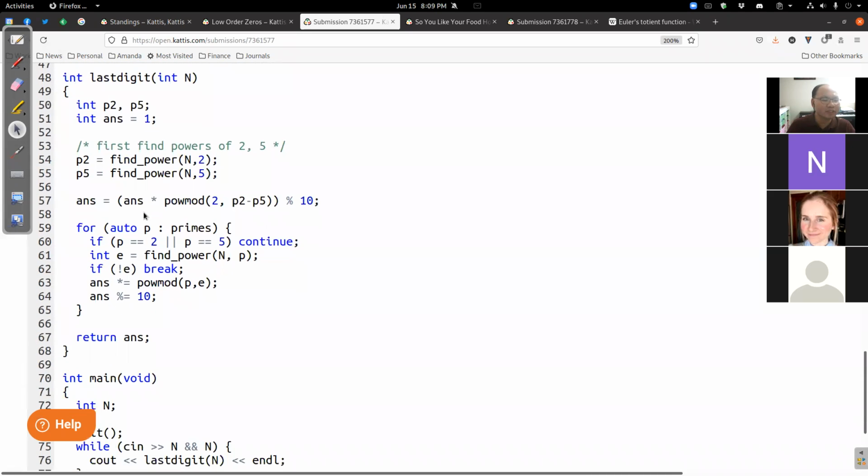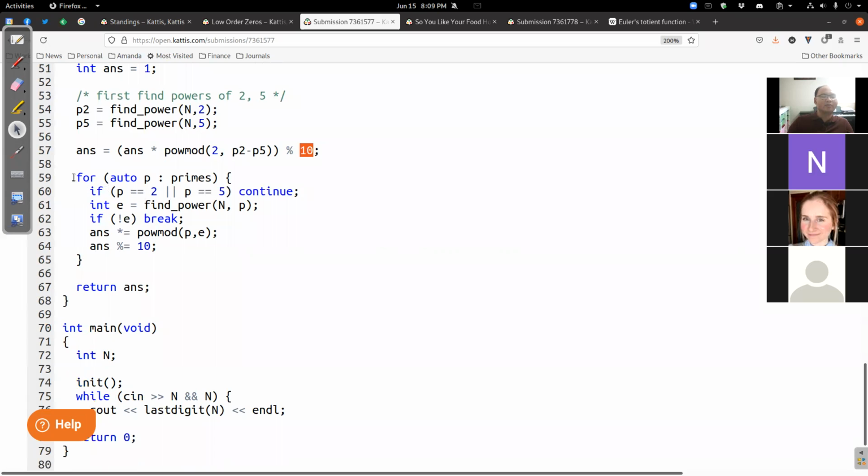So what do I do here in the last digit? I compute the exponent for 2. I compute the exponent for 5. Then I just get rid of the 5. And then the 2 is just the exponent of 2 minus the exponent for 5. And then I multiply that in, so 2 to that power, put it into the running total and mod 10. And then for all the other primes, as long as it's not 2 and 5, I do the same